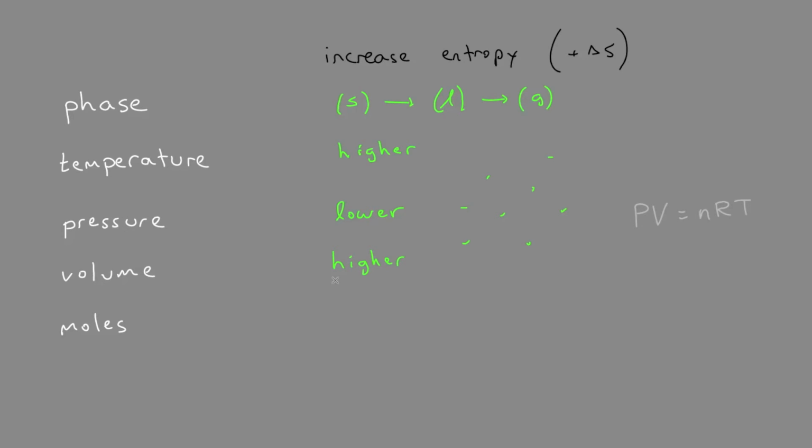Lastly, the number of moles. For higher numbers of moles, we would increase the entropy. So imagine some equation like A plus B makes C plus 2D. We can see that there are 2 moles on the left side and a total of 3 moles on the